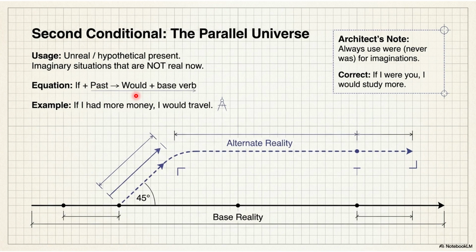Esta parte, por ejemplo, que es la condicional número 2, la utilizamos para hablar acerca de situaciones hipotéticas del presente. Aquí es donde la cosa se pone interesante. Porque mientras que la condicional número 0 habla de hechos científicos, cosas que siempre son, la condicional número 1 de cosas que podrían pasar, en la condicional 2 y 3 entramos en el mundo de lo hipotético. Y lo necesitamos. Porque cuando usted dice en español, oye, si yo tuviera más dinero, viajara. Oye, si yo tuviese más dinero, yo viajaría.